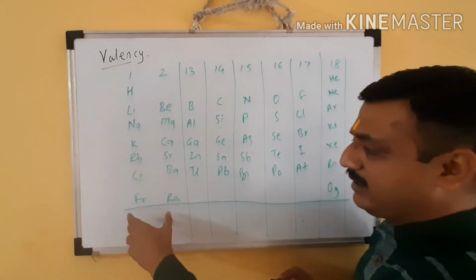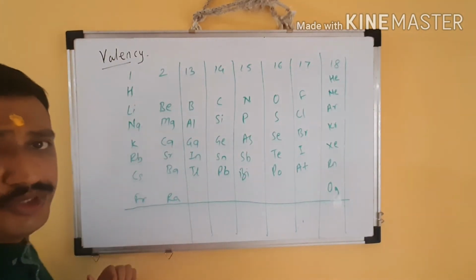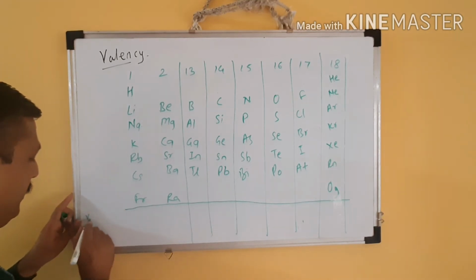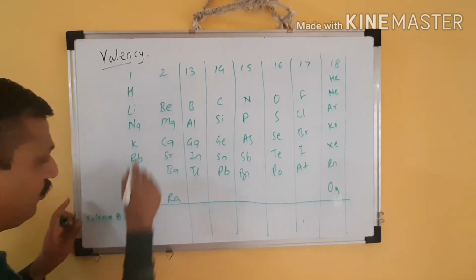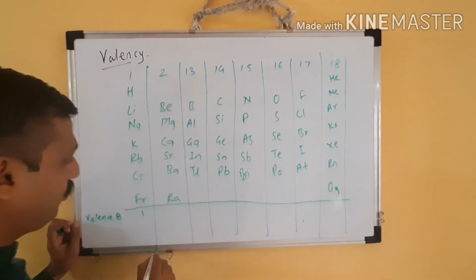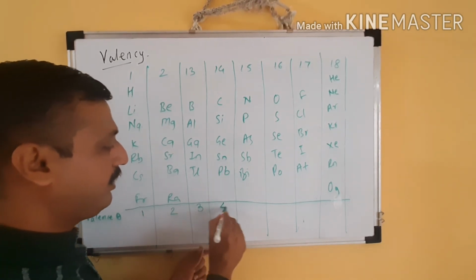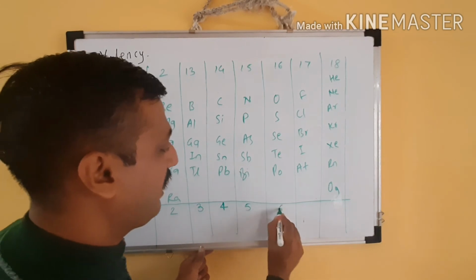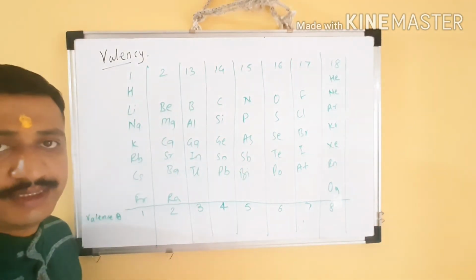elements are there. Here, once we know which elements are present in the corresponding group, the second thing is valence electrons. So don't forget, first group elements have 1 electron in the valence shell, the last shell. Second group elements have 2 electrons. The 13th group has 3 electrons. The 14th group 4, 5, 6, 7 and here the 18th group elements have 8 electrons in the last shell.